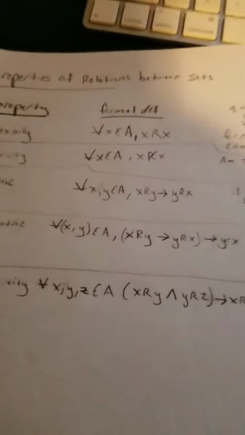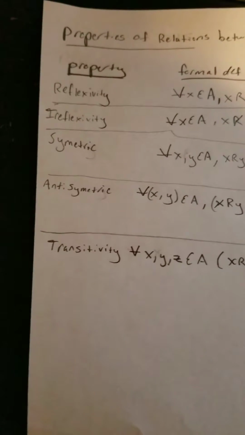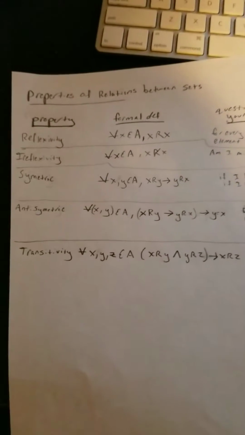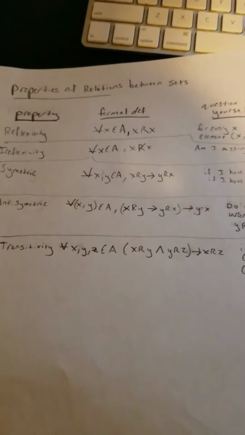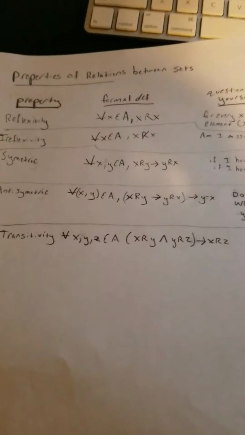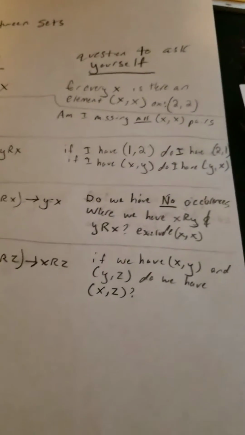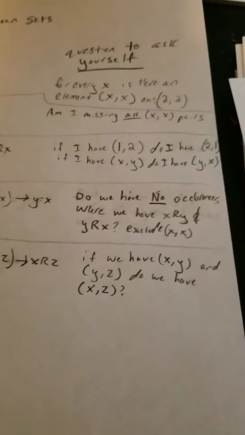Alright guys, today we're going over properties of relations between sets, and those properties are reflexivity, irreflexivity, symmetry, antisymmetry, and transitivity. Here are the formal definitions. I'm not going to go over them because I feel like it would just confuse you more than anything else. But basically, whenever we're looking at the set of relations, we want to ask ourselves 5 questions to determine these